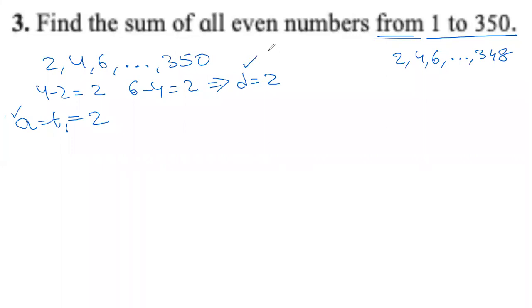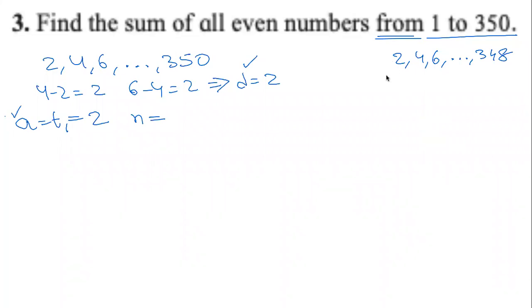A 5-star chocolate if you can tell me what is N. How many terms are there in this AP? Aarti is saying 350. Karthik is saying 350. How many terms are there? They are saying 350. First correct answer is Chanda. Chanda, you get a 5-star chocolate. And the correct answer is 175, not 350.